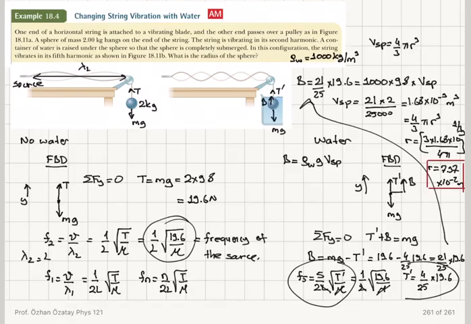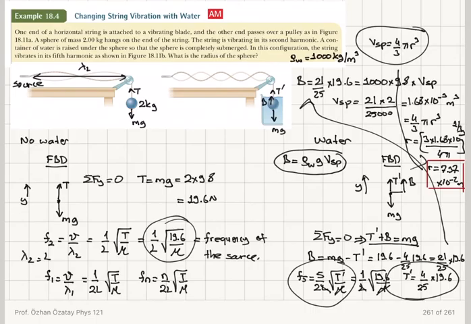So I use this relationship between the frequencies in order to calculate the new tension. And when I find the new tension, if I look at the condition for equilibrium, the new tension plus the buoyant force of the water must be balancing the weight of the sphere. And from this equation, I can figure out what the buoyant force should be. And then I use the information I have about buoyant force, which is that it's the weight of the fluid displaced. So it's density of water times g times volume of the sphere. Knowing that the volume of the sphere is 4/3 pi r cubed, I can pull